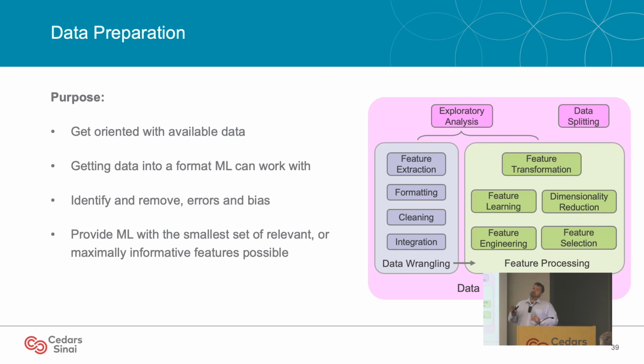Because the smaller the feature set that you give to machine learning, the easier it is to find a good model. Now, if you don't know which features are most relevant, then the worst thing you can do is remove features that are important before you get to modeling. That's the most important thing. But if you can reduce the feature space as much as possible without accidentally removing informative features, that's the ideal.